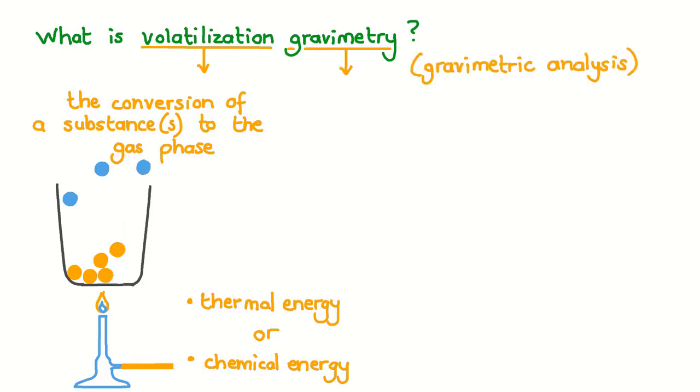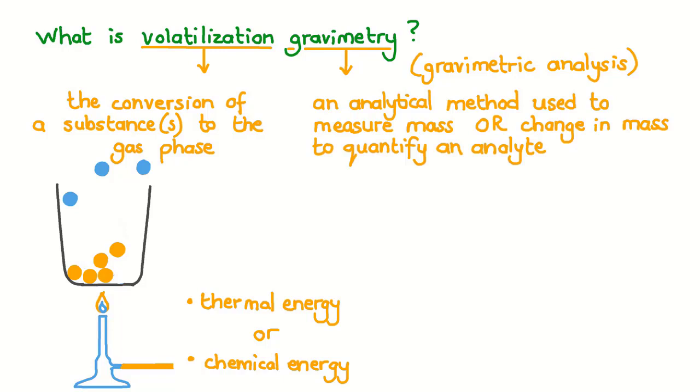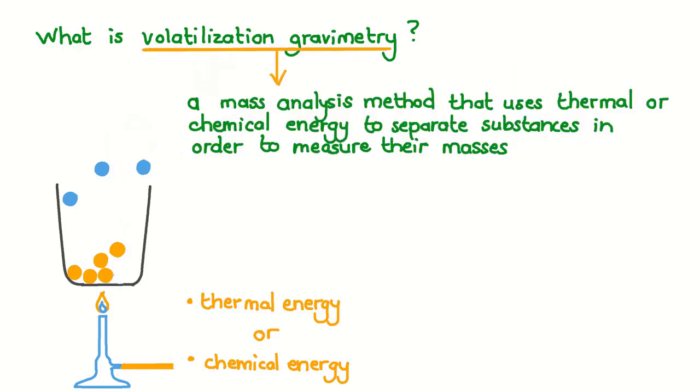Gravimetry, or gravimetric analysis, is an analytical method used to measure mass or change in mass to quantify an analyte. Putting these two definitions together, we get a new definition. Volatilization gravimetry is a mass analysis method that uses thermal or chemical energy to separate substances in order to measure